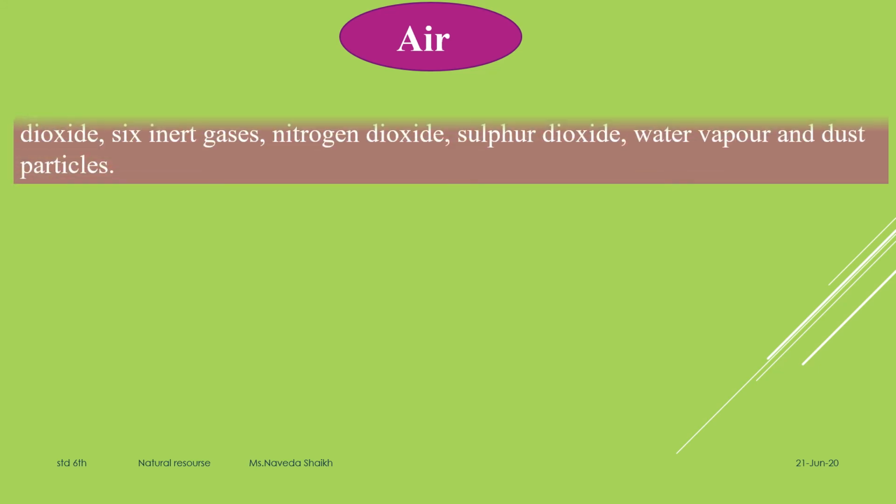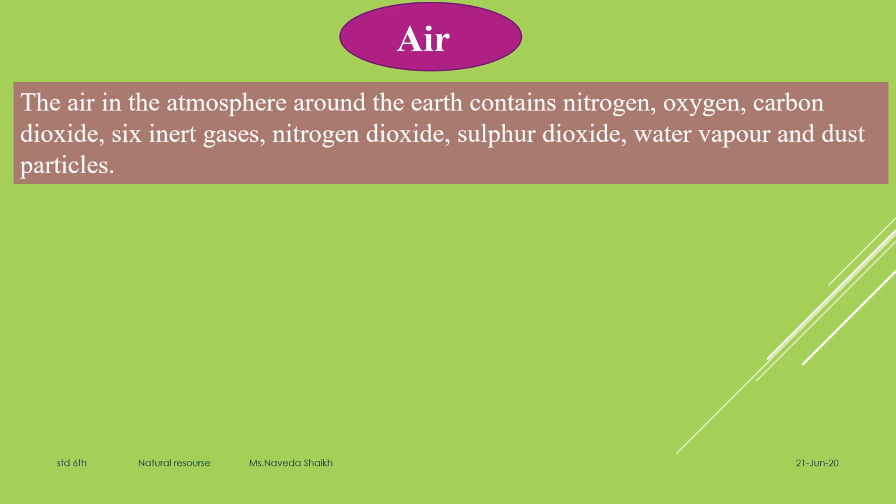Now the very first natural resource that we're going to talk about is air. Today's period is dedicated to air. The air in the atmosphere around the earth contains nitrogen, oxygen, carbon dioxide and inert gases, nitrogen dioxide, sulfur dioxide, water vapor and dust particles. Up till now we just learned that nitrogen, oxygen, carbon dioxide and inert gases are present. But which gas is present in which amount and how is it useful to us,